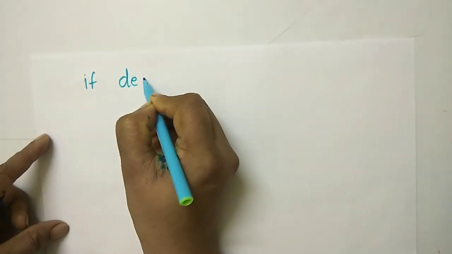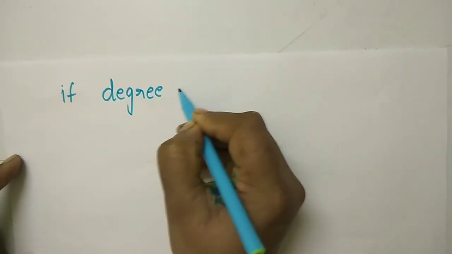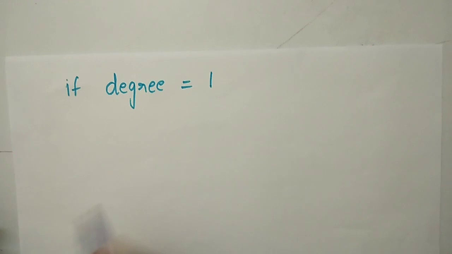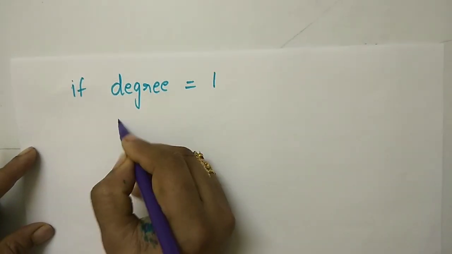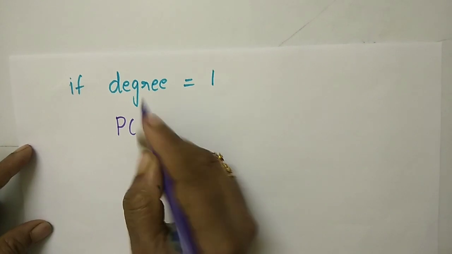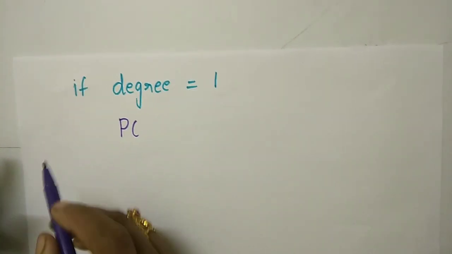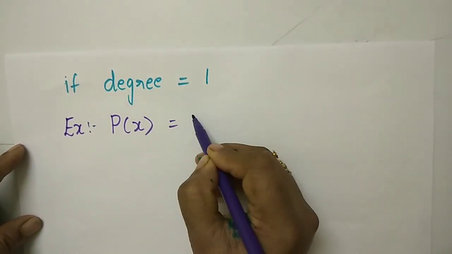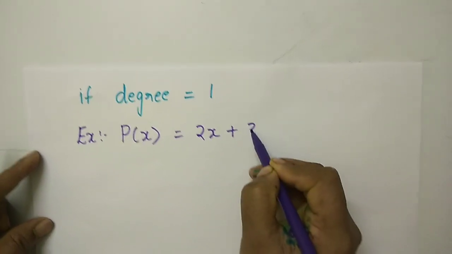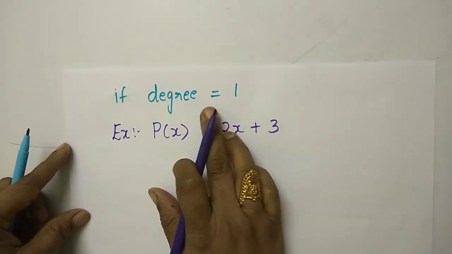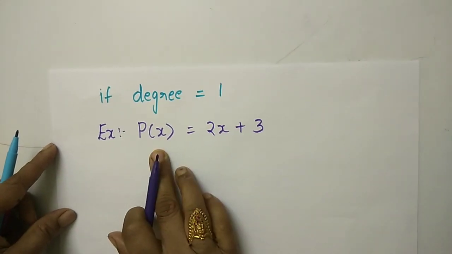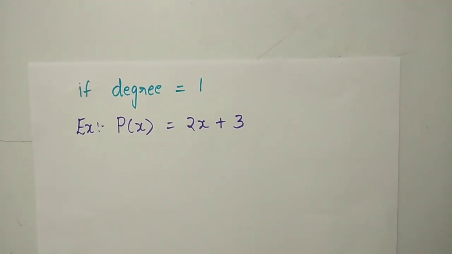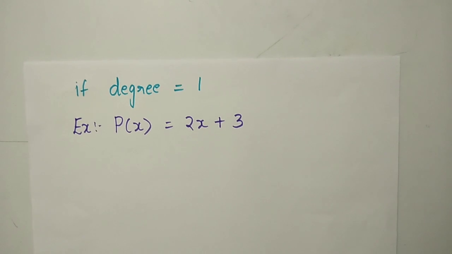If the degree of a polynomial is 1, for example, P of x is equal to 2x plus 3, then the algebraic expression of the polynomial will be of the form